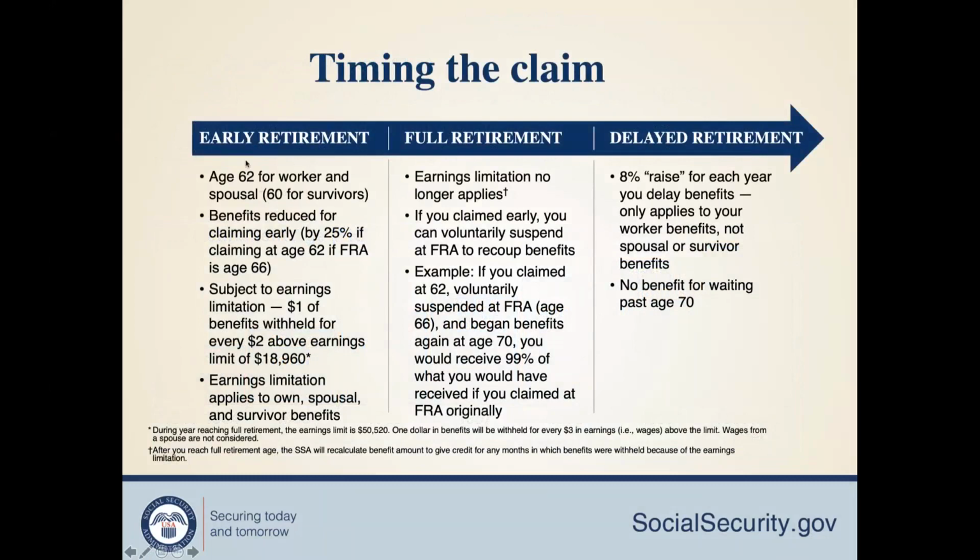So typical full retirement is at FRA, full retirement age, right? But you can start anytime from 62. When I say retire, I mean start claiming rather than actually stopping working. Age 62 is what they call early retirement, meaning collecting. You won't get any money before 62, so there is no question of penalty there.